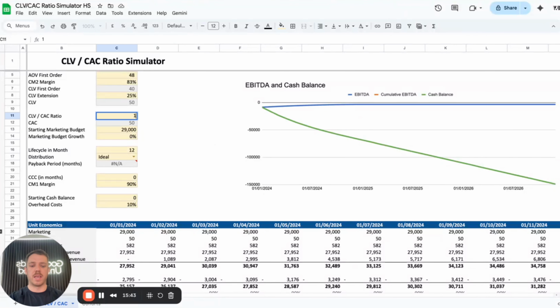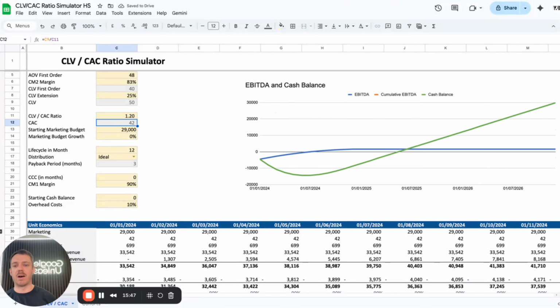And through that, you can then actually start clawing your way up and seeing how the business would look, and how the business plan looks if we continue running the business in this particular fashion. And here, for instance, you can see, which is quite interesting, that we would start with a life cycle of 12 months. If I set the customer lifetime value to CAC ratio to 1.2, we could have a CAC of 42 euros in relationship to the customer lifetime value of 50.